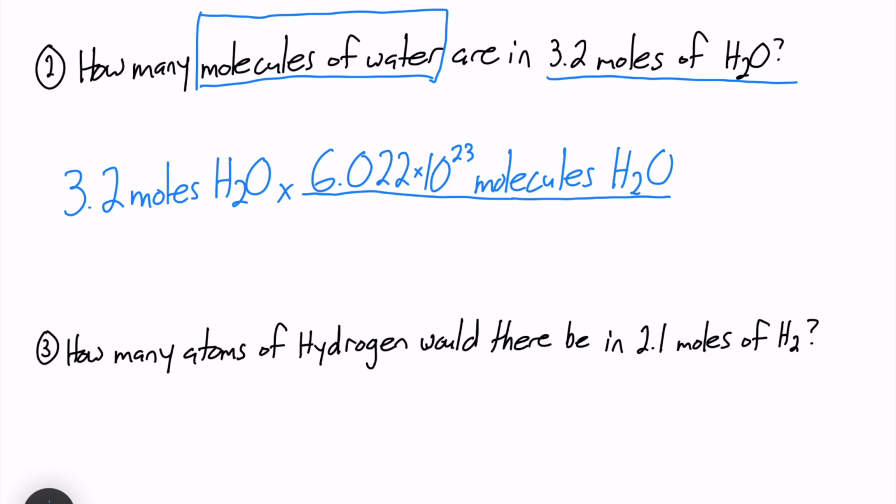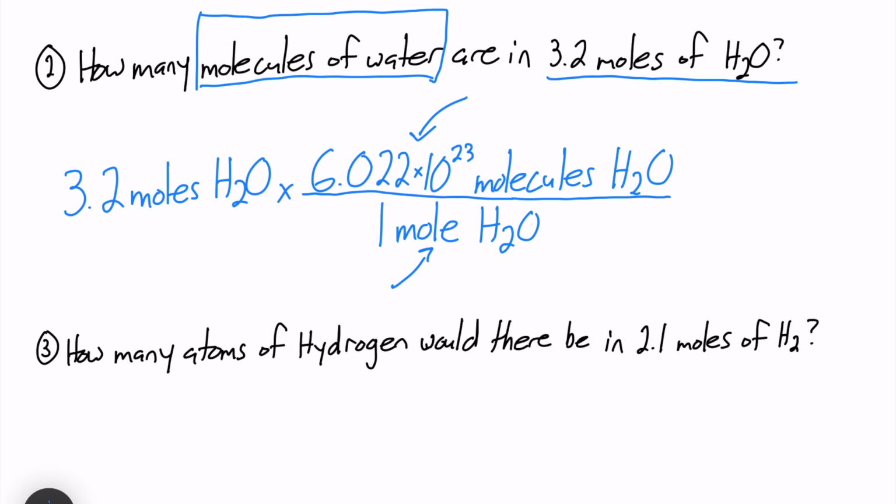So molecules of H2O on top. And on the bottom, we are going to be getting rid of moles of H2O. So remember, for every 6.022 times 10 to the 23 molecules of H2O, there is 1 mole